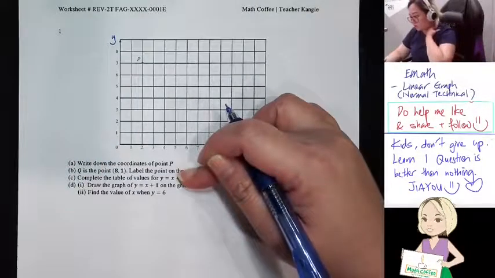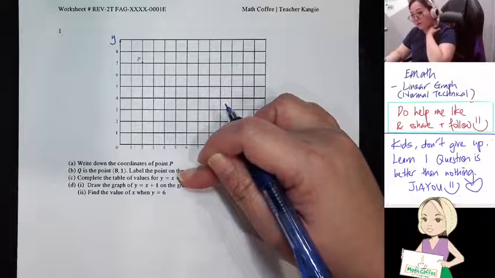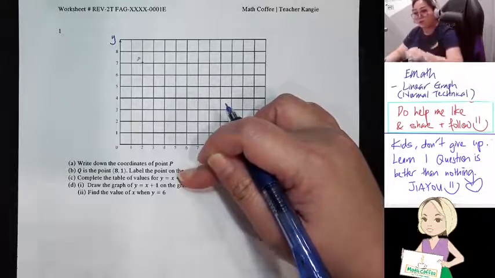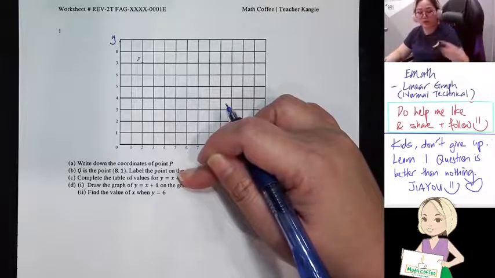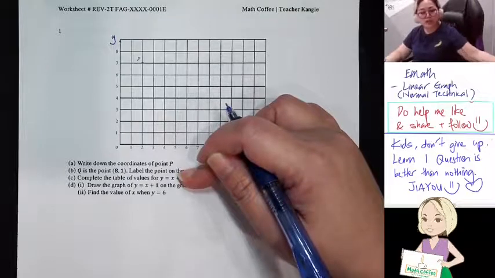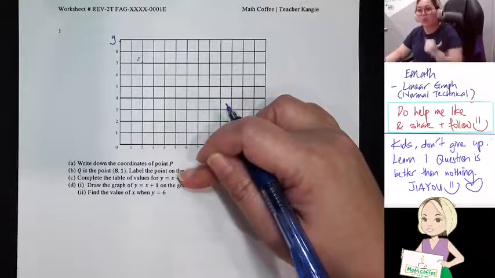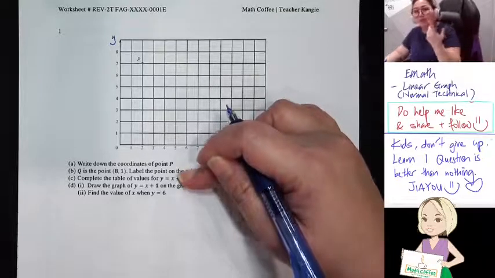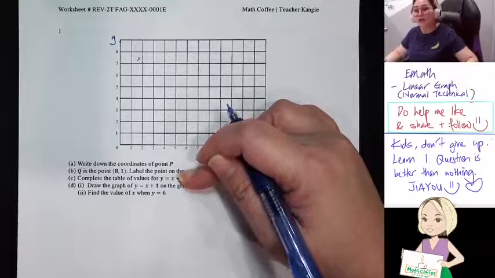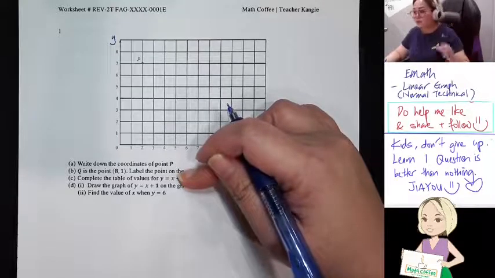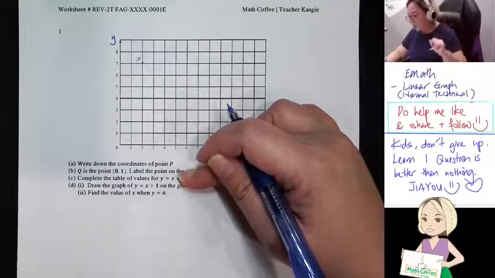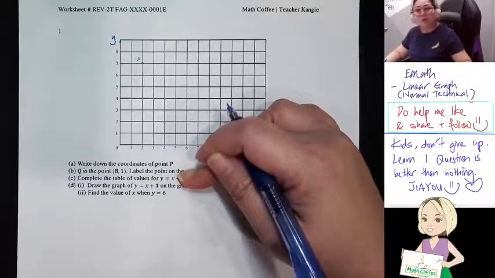Yes, Nurul, don't give up. You still have a few months. It's still possible. I have students who signed up with me for normal tech. She had an F9 previously, and she signed up with me in June. We caught up in June, and in the end, when doing the NT level, she got an A. So it is still possible.